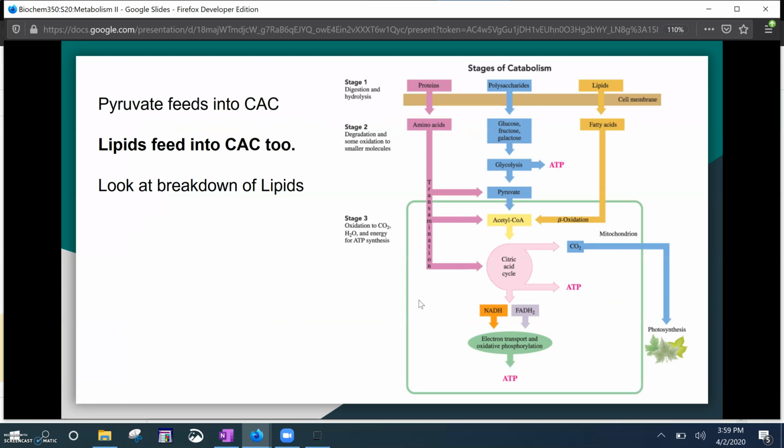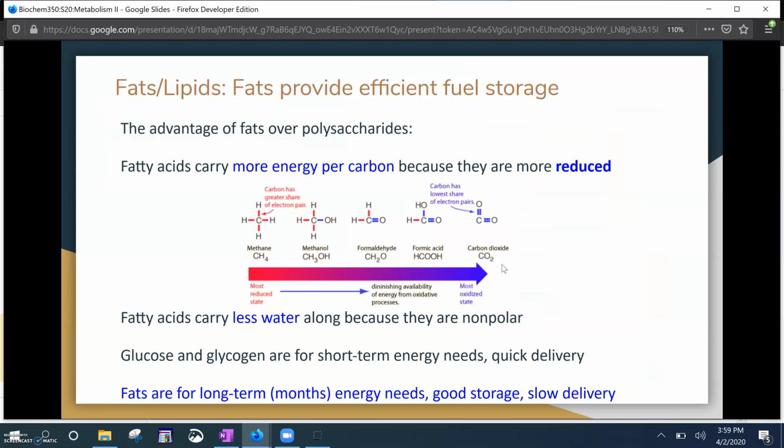So you either have lipids from wherever they're coming from, or you're eating fats and lipids as well, and you need to break those down. So the next stage, we're going to look at breaking down of lipids and how they will eventually feed into the citric acid cycle. So fats and lipids provide an efficient fuel